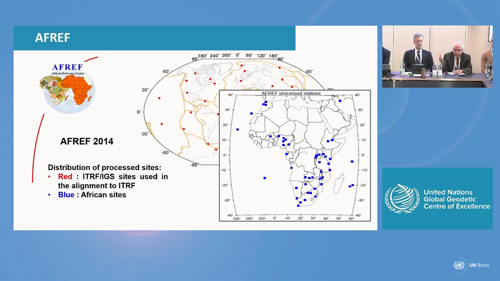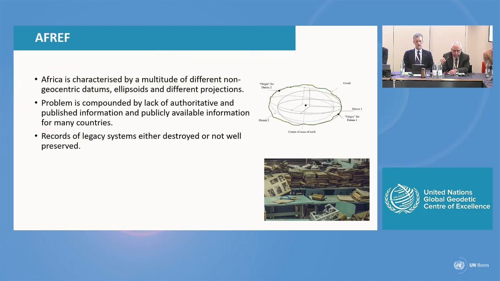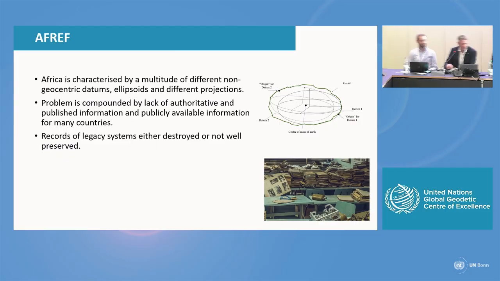And then we determined actually the red points are the IGS points. They were processed at the same time as the blue points in order to transform the coordinates and express them optimally in the ITRF. And then you get your blue stations coordinates expressed in the ITRF. That's it? Or you have? No, that's it. Yeah, that's fine.